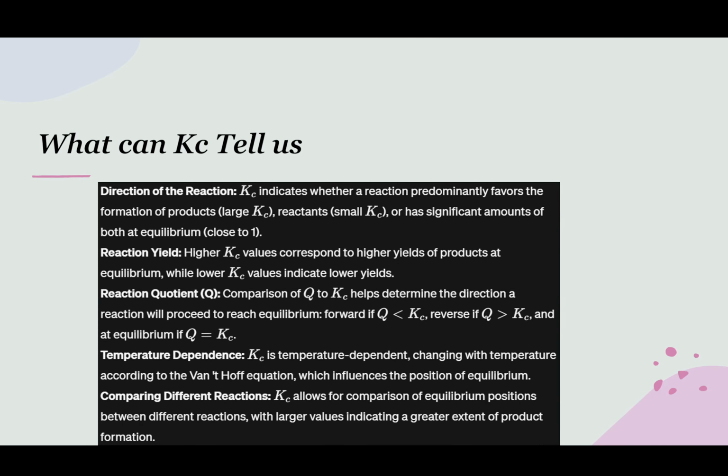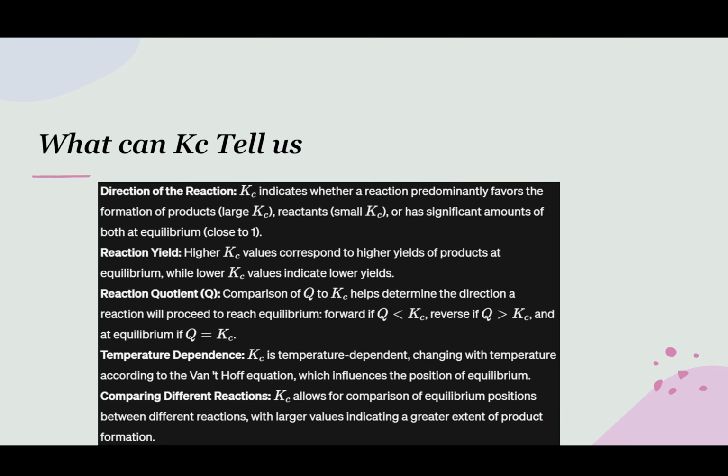So what can Kc tell us? The direction of the reaction. The Kc indicates whether a reaction predominantly favors the formation of products, meaning the Kc is large, or the reactants, meaning Kc is small, or has sufficient amounts of both at equilibrium, which means close to 1, not necessarily equal, but close to 1. It also tells you the reaction yield, how much you're going to get. Higher Kc values correspond to higher yields of products at equilibrium, while lower Kc values indicate